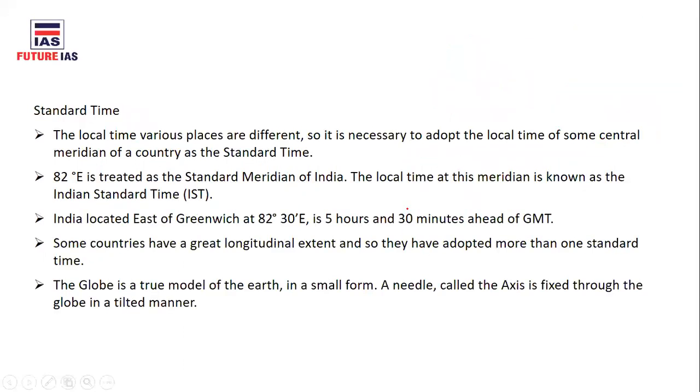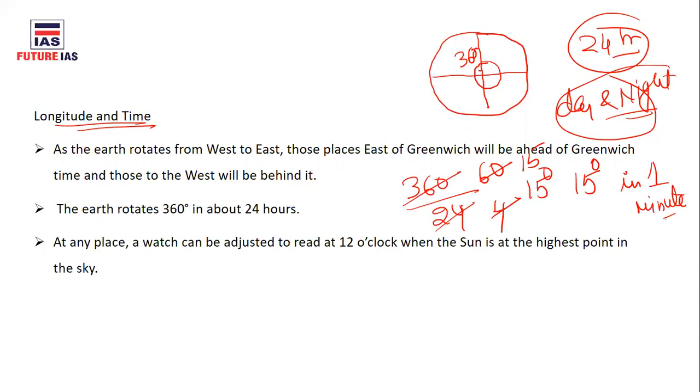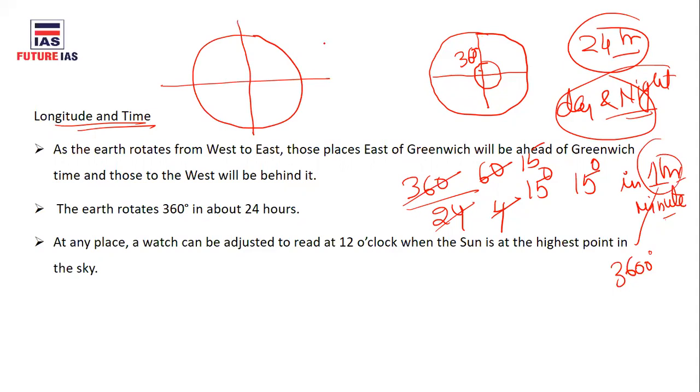So sorry, the earth will rotate 15 degrees in 1 hour, isn't it? And if you again convert this 1 hour into 3600 seconds, you will find that the earth rotates further in smaller components. So like that we can find out the time of the place where it is located. For example, if there is one place and you know its exact location, let's say the place is located